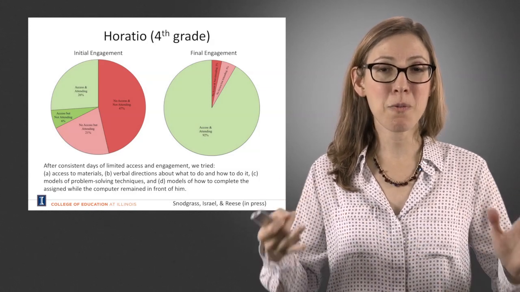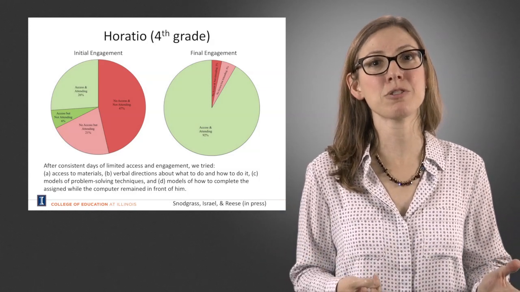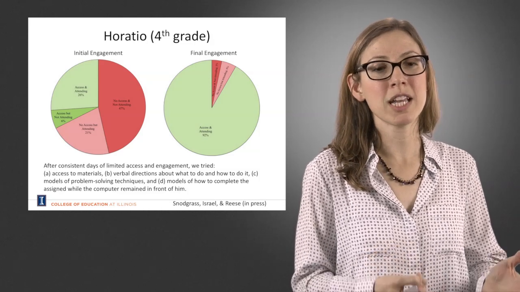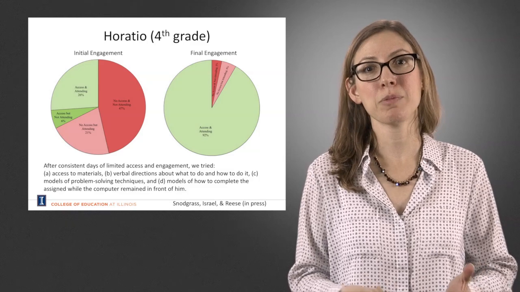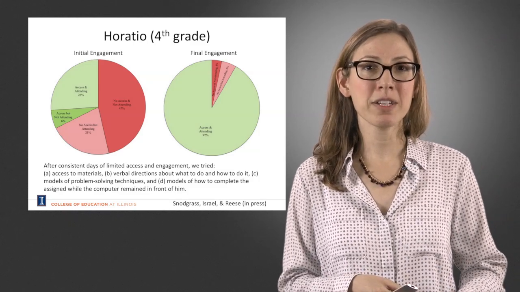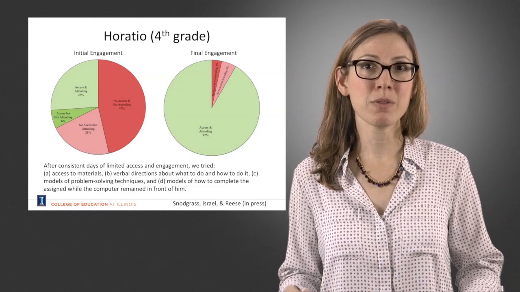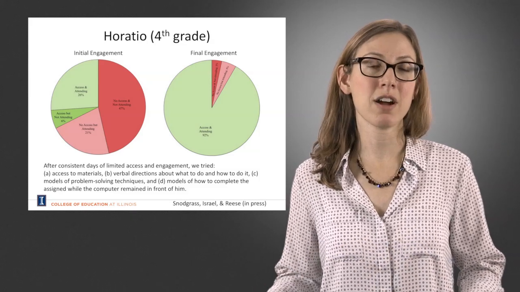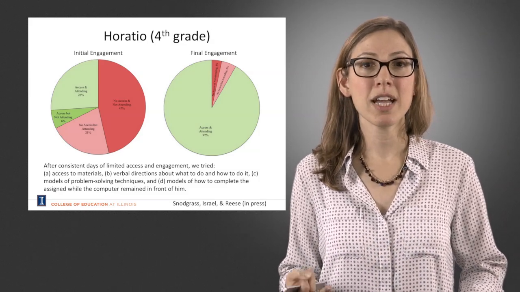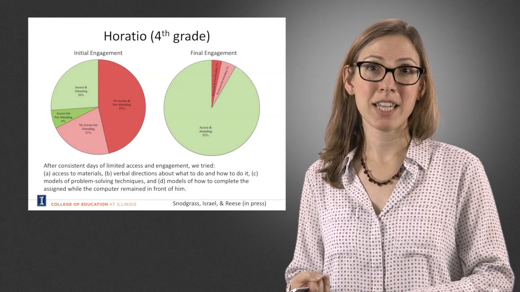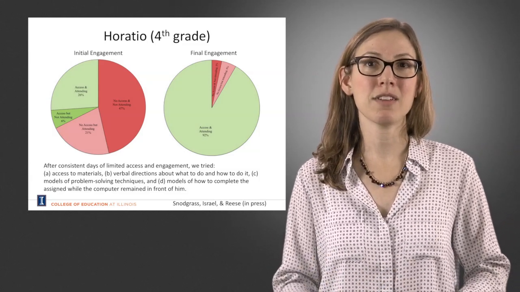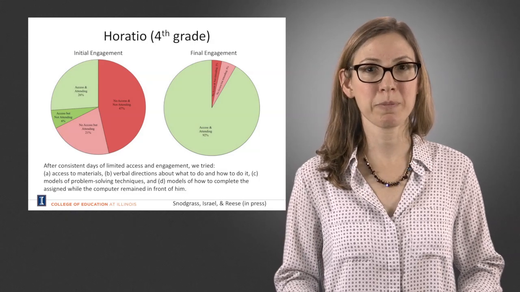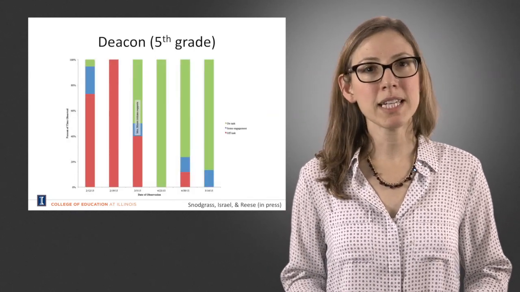And so this was an incredible finding because initially our research question was, what were the computationally specific strategies that we would need to do for him in order to help him be successful? And what we found is a very simple intervention that was actually working across all the other content areas, because for Horatio, he also needed verbal prompting during English class, during social studies, during math. When he was stuck, somebody needed to give him the next step so he can move forward. The same thing was actually true with Deacon as well.